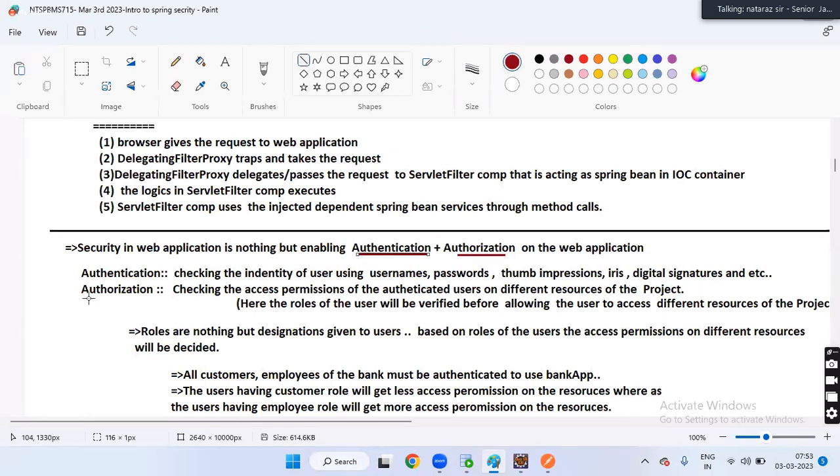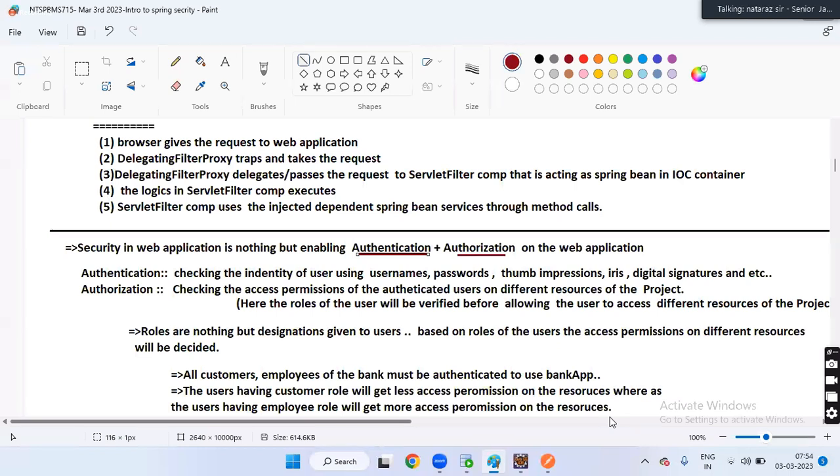Authorization is what? Checking the access permissions of authenticated users on different resources of the project. Here, the roles of the user will be verified before allowing the user to access different resources of the project.